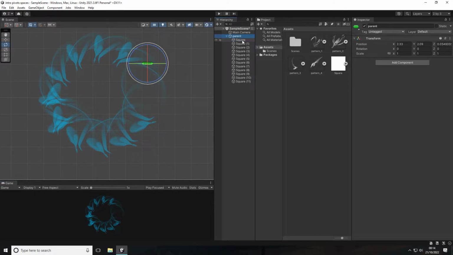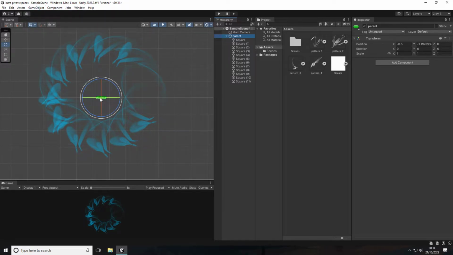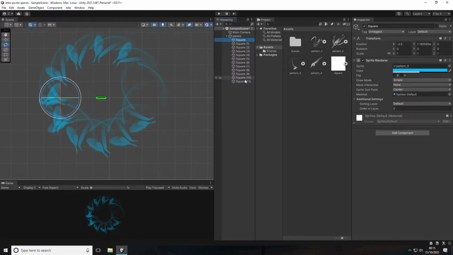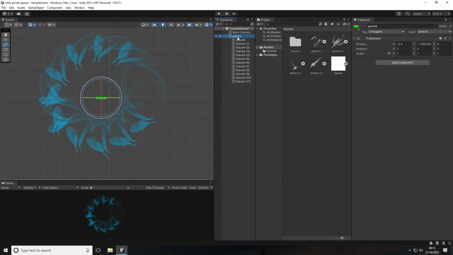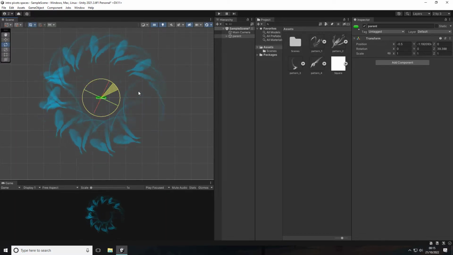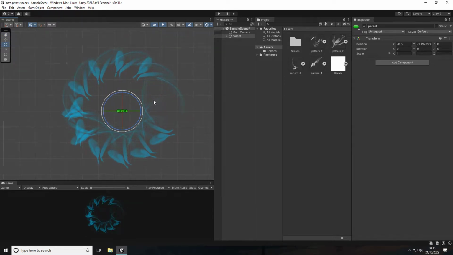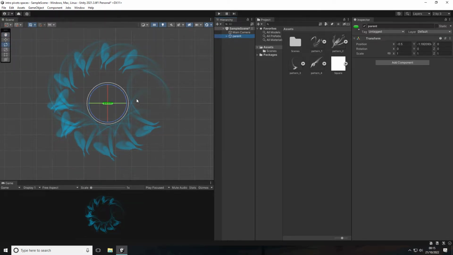I can always select my parent, go to game object, and there's an option here, center on children. And what that will do is Unity will do its best to move the object to the center of where all the children are. So basically like the average position. So now this should be in the center. I think that's more or less center. And we could add maybe a little bit of a